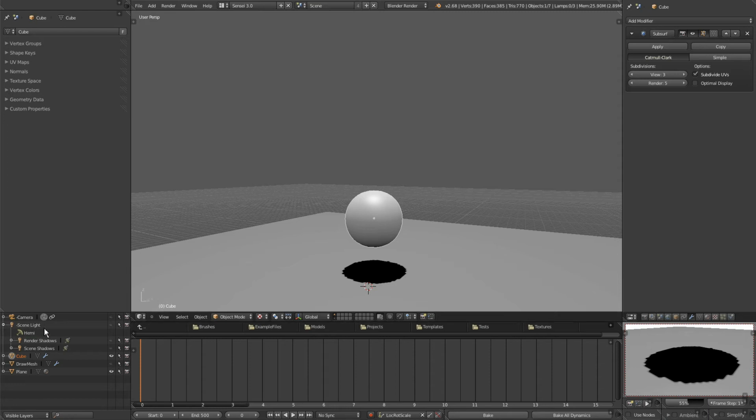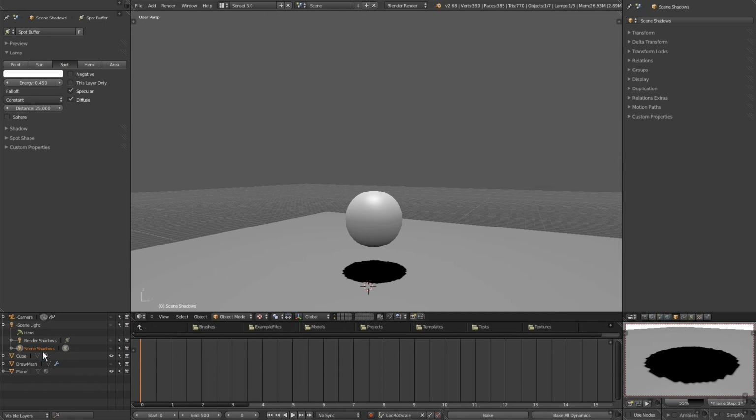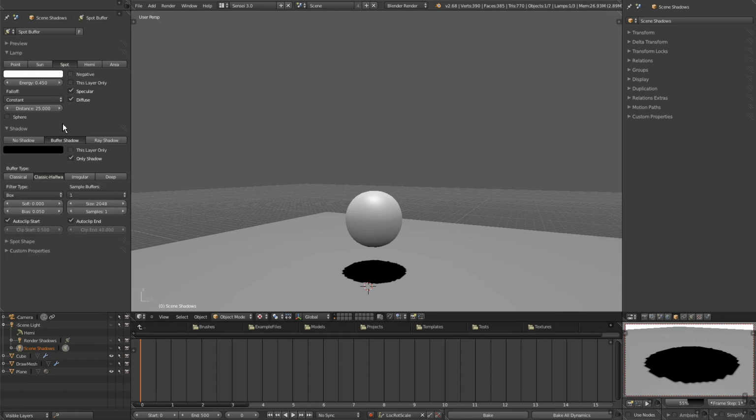If I click this little plus sign, which now displays all the items parented to this object, this scene light, which is a little invention of mine, is actually composed of two different lights. The purpose of this light is that if I click on the scene shadows, we'll see that the type of light this is a spotlight. And under shadow, we'll see that this is set